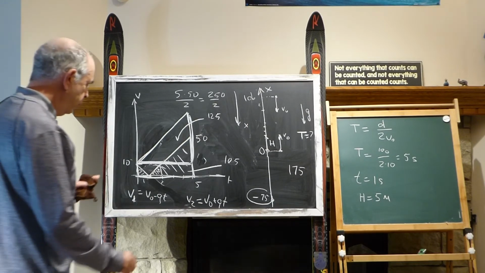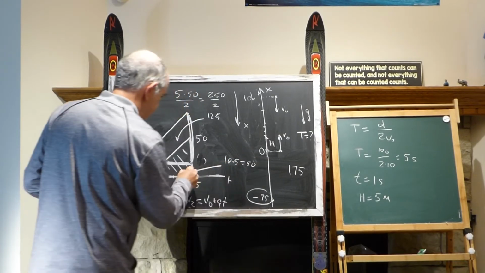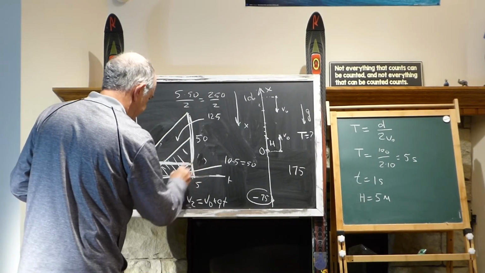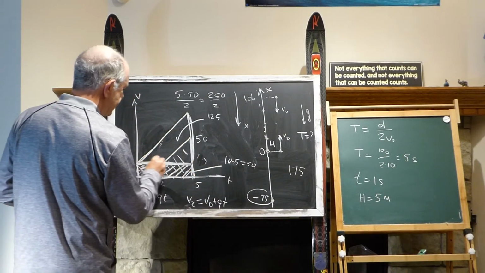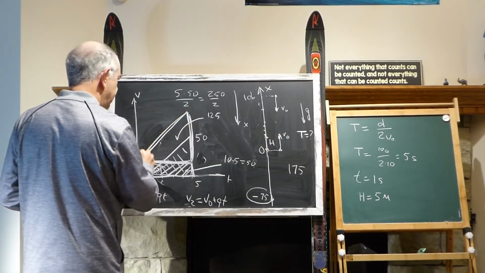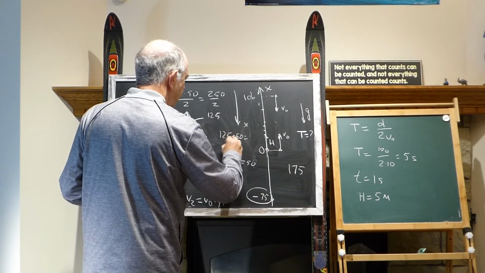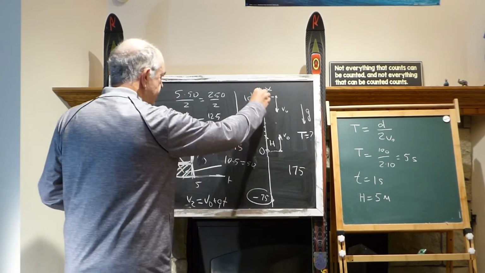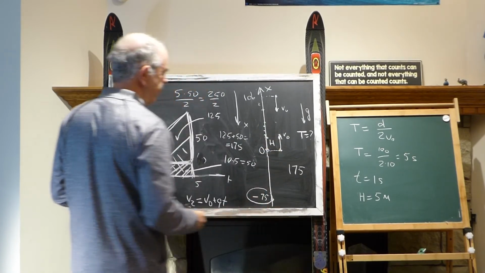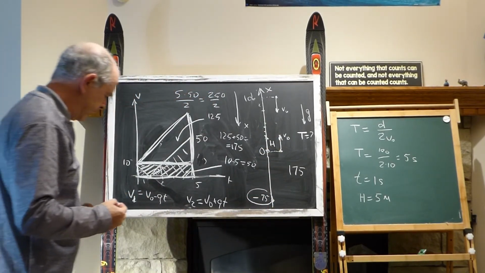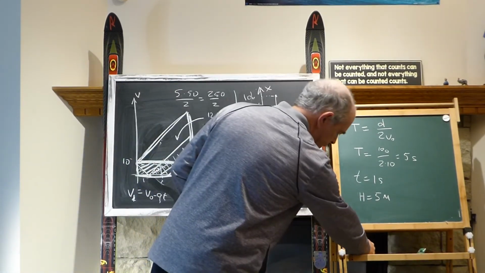And what did I do wrong now? Probably nothing, because 10 multiplied by 5 would be 50. So this rectangle is 50. This triangle is 125. So 125 plus 50, it would be 175. And it is 175 meters from here, so 100 meters here and 75 meters to here, and we basically solved, sorry about that, it's my chalk, and we